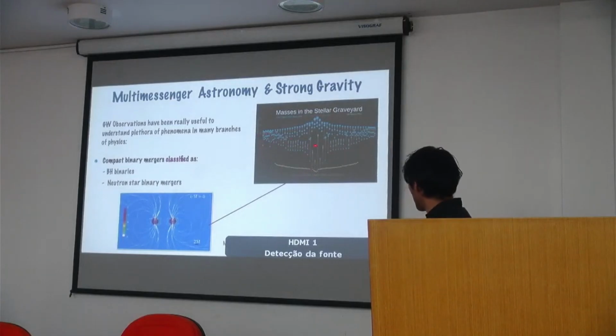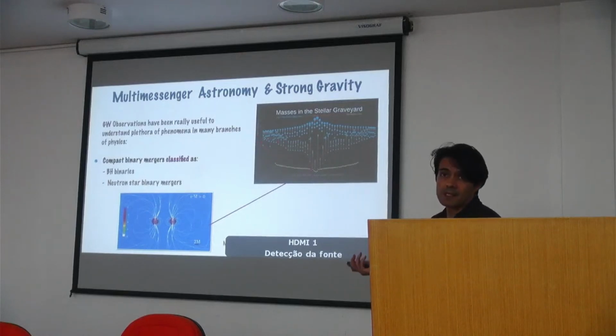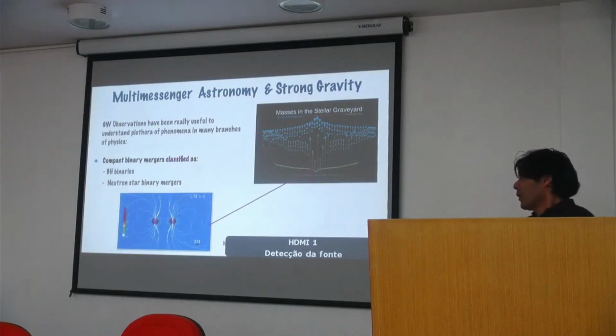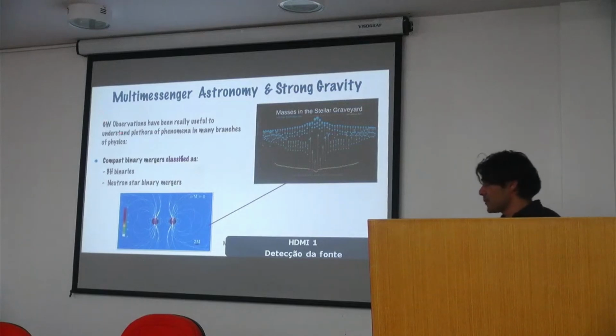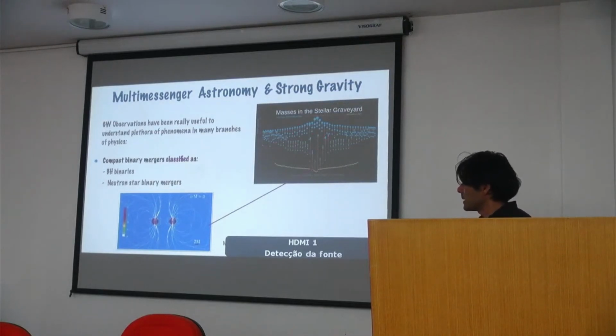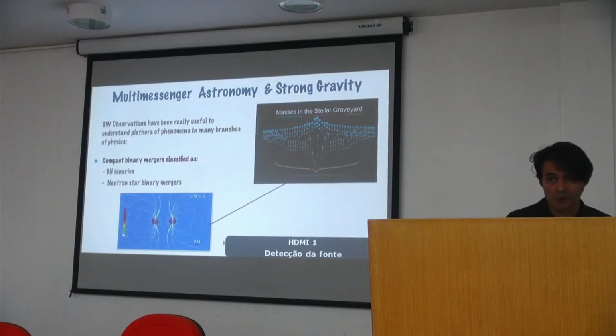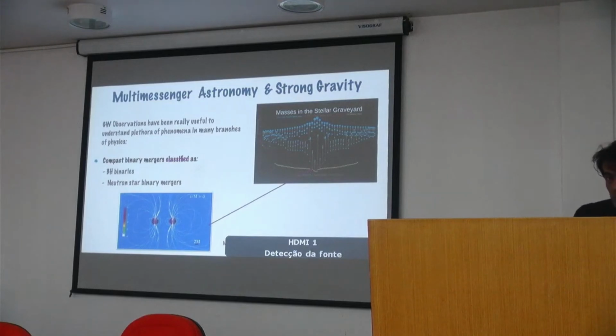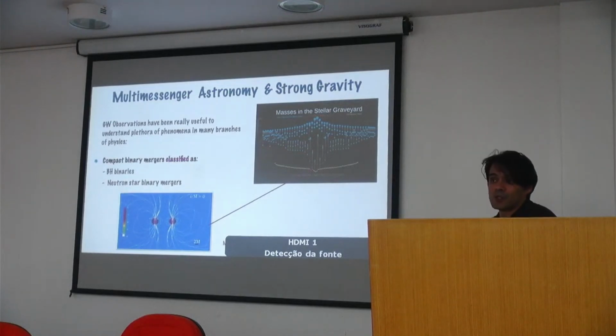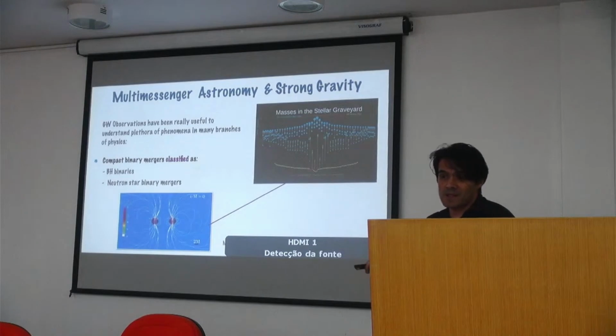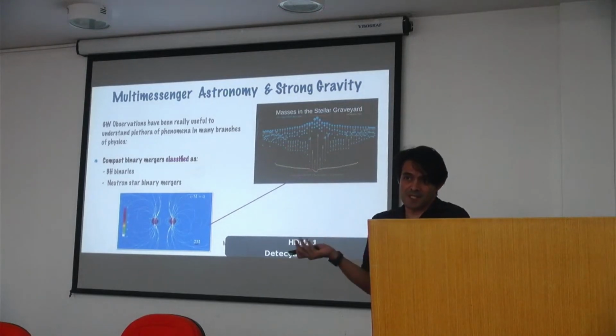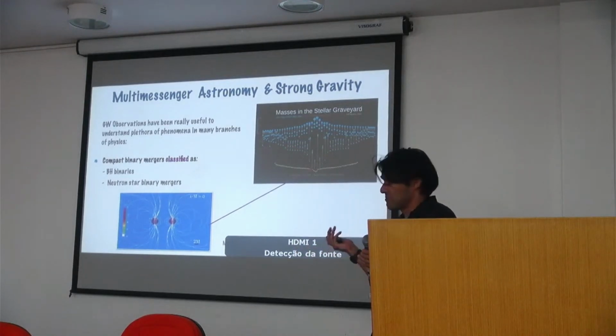But now that we have gravitational waves, we have observed a new population of black holes, these new blue points that you see here with masses between 20 and 200 solar masses. It is important to mention that these objects have been classified as black hole binaries, and the reason is the mass. We don't know of any other kind of object that can have a mass larger than 20 solar masses, so we say, okay, this is a black hole. But it is important to mention that it could be another kind of thing.